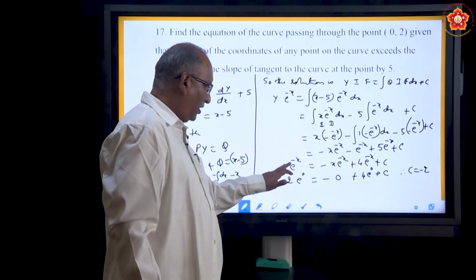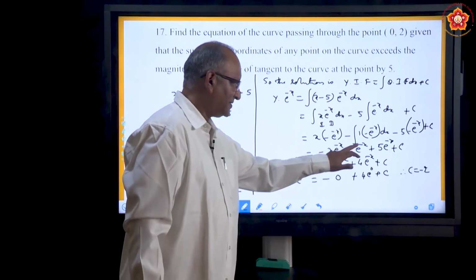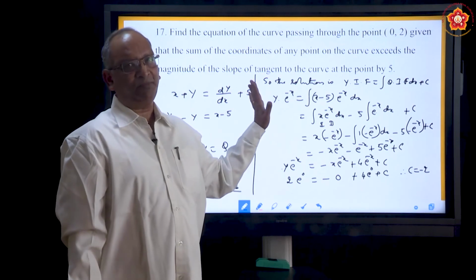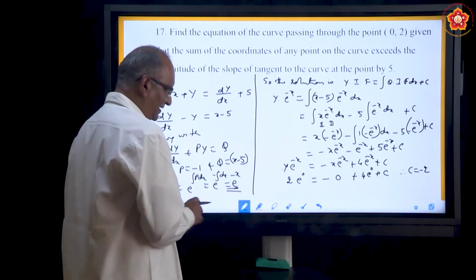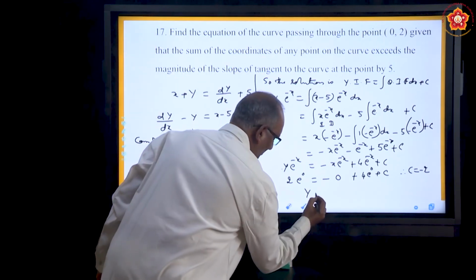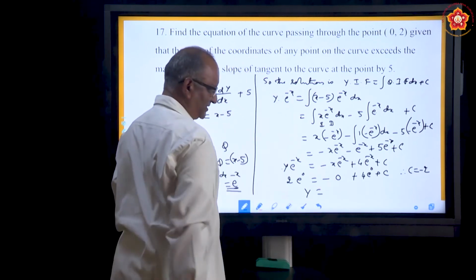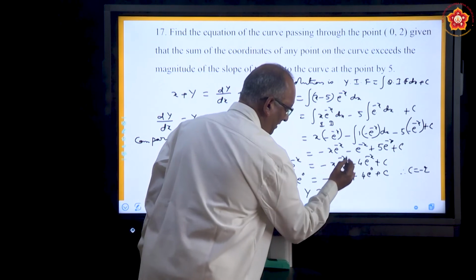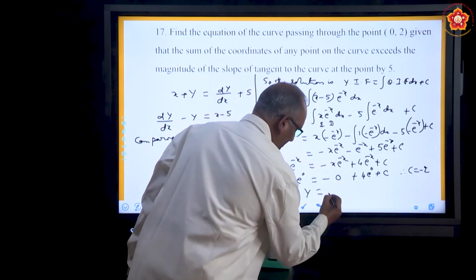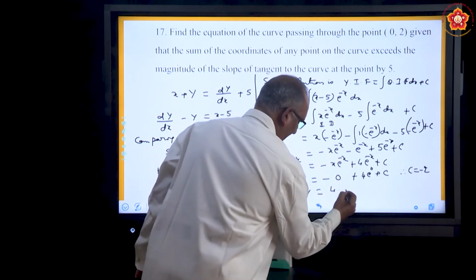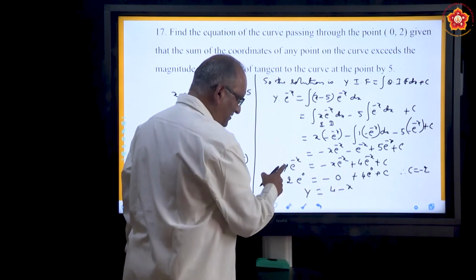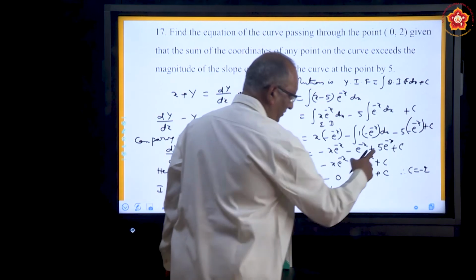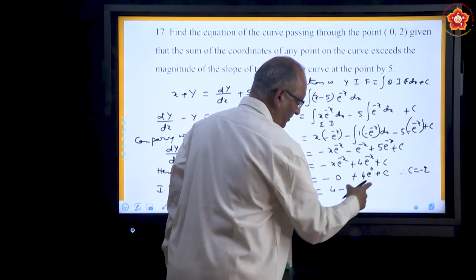Simultaneously what you can do is, you can see that all the terms have got e to the power minus x. So, divide the whole thing with e to the power minus x. So, you will directly get the answer y equal to, e to the power minus x vanished. Here this also vanished, so you will get minus 4, but before that you can write the plus term, that is 4 minus x. Only thing is, when you are dividing with e to the power minus x, this will become e to the power x, because it will go to the numerator.